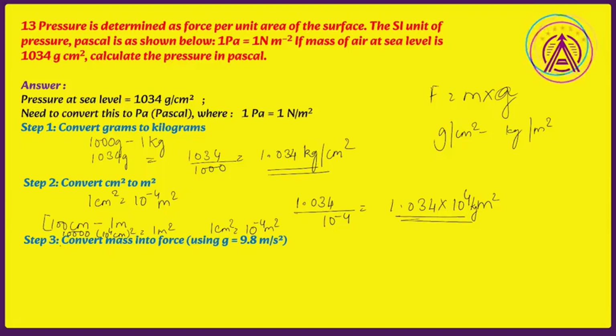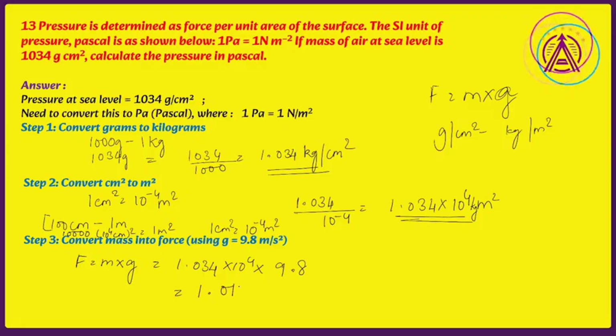Now, how can I convert mass to force? Force is nothing but mass into acceleration, due to gravity in this case. That is 1.034 into 10 to the power 4, and acceleration due to gravity is 9.8 meter per second square. So I end up getting 1.01332 into 10 to the power 5 Newton per meter square, which is nothing but 1.0